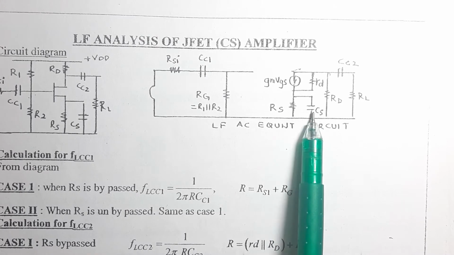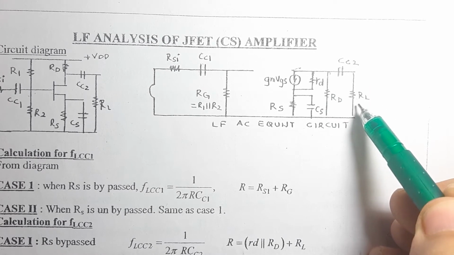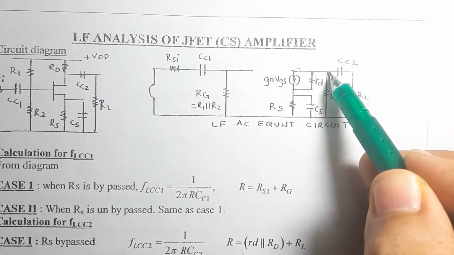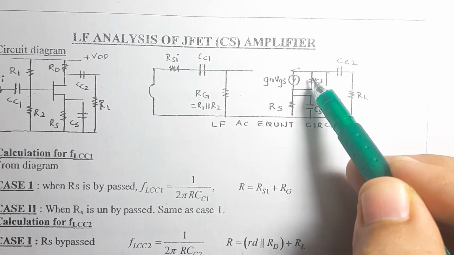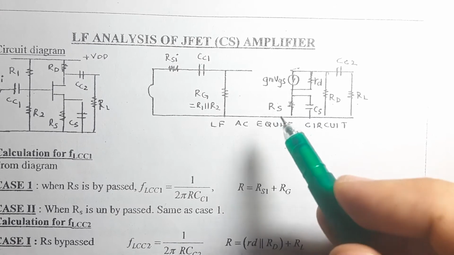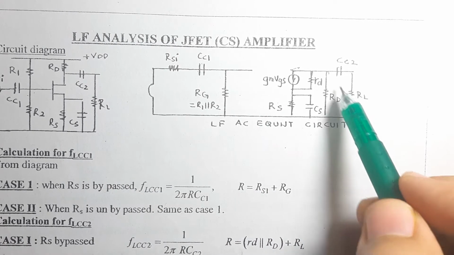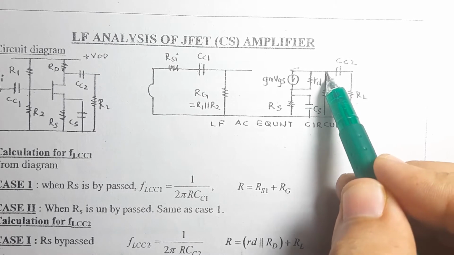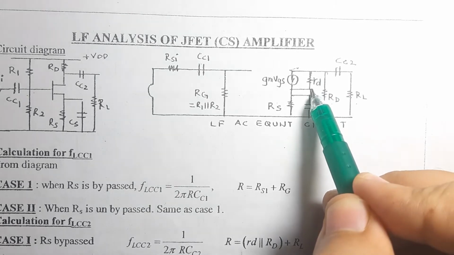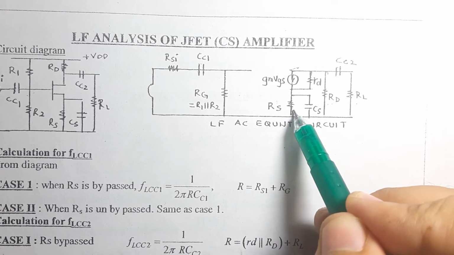I'll start with this part shorted. It is nothing but RL parallel capital RD at this point. At this point it is RL parallel capital RD plus small rd. The entire thing is in parallel to Rs, so it will always have a divider factor like 1 plus beta in case of BJT, and over here it will be nothing but 1 plus GM into RD. So at this point it is nothing but RD parallel RL. If you start again from this point, it is RD parallel RL, then plus small rd, this entire configuration divided by 1 plus GM RD, and then the entire thing is in parallel to Rs over here.